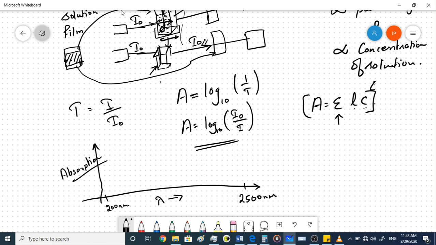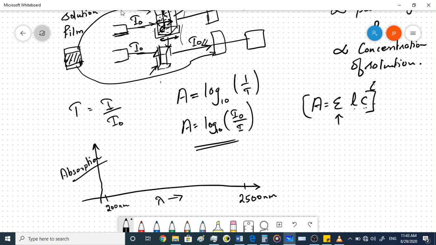So basically it is the ability of the source and the detector; the source has to produce light in all these different wavelengths, and